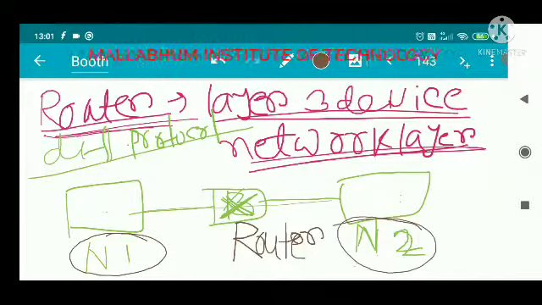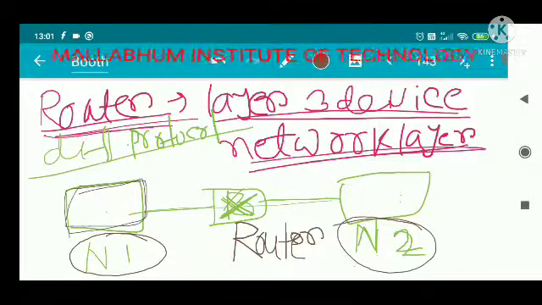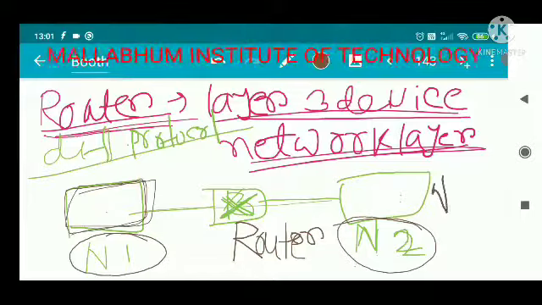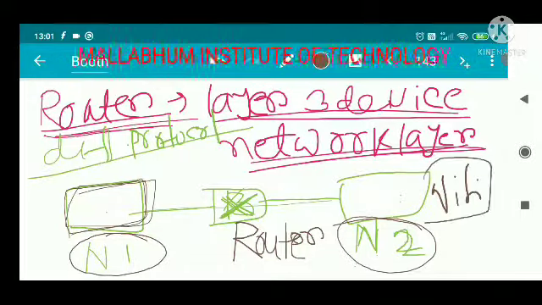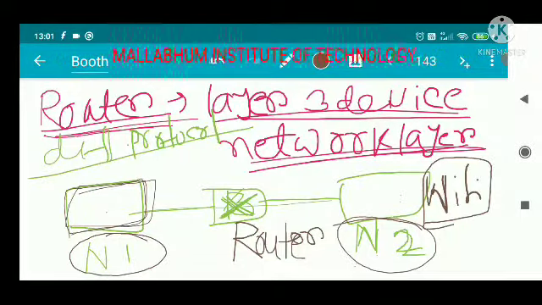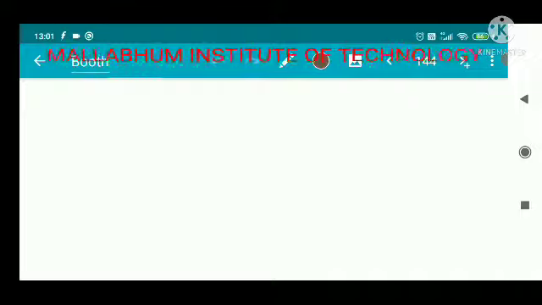Different protocols mean there is a LAN situated, and there may be a Wi-Fi network situated, and the router can connect these two devices. And also, coming back to the router,